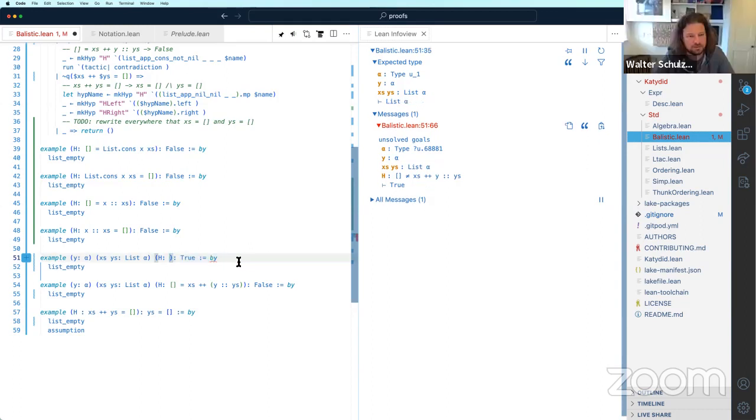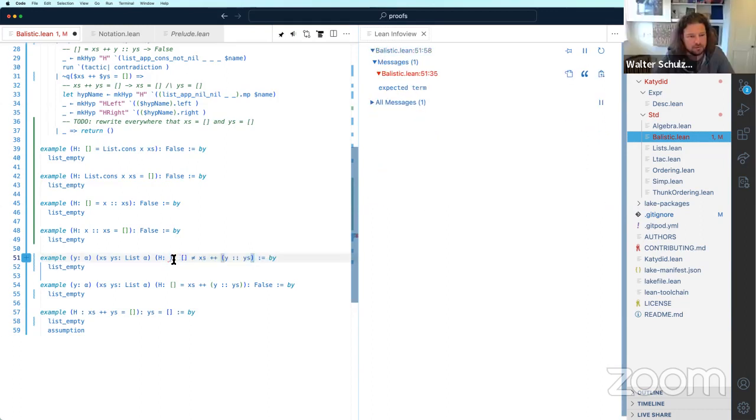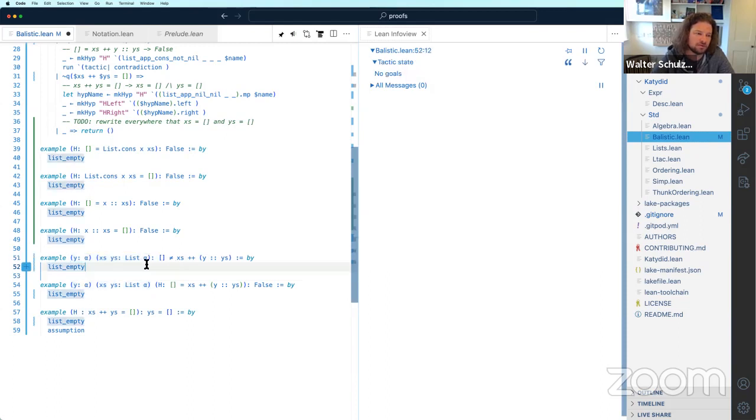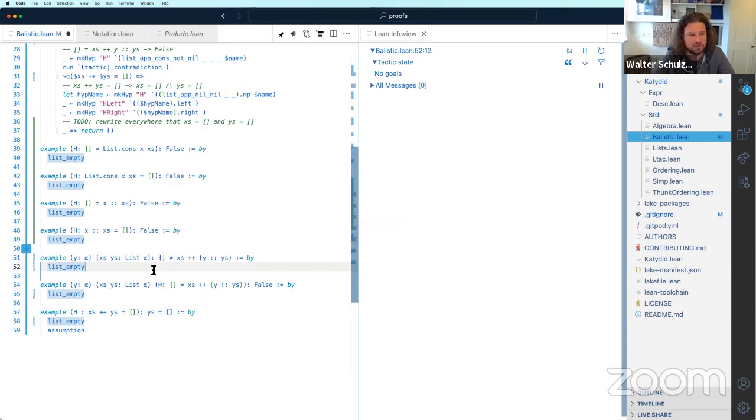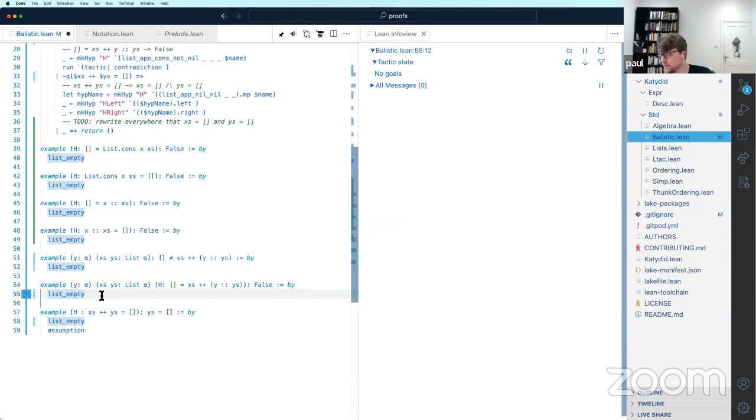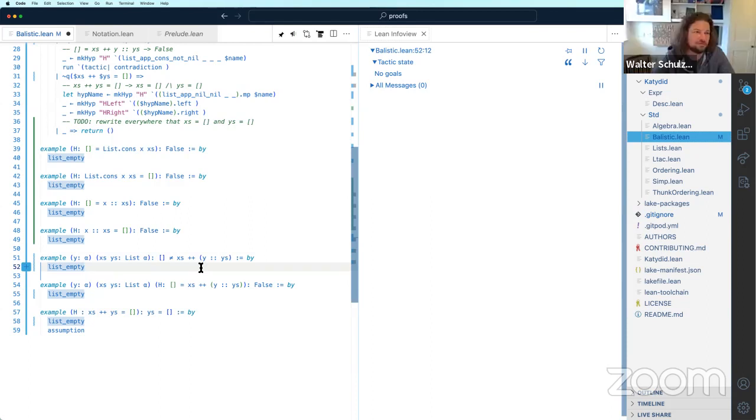Well, I guess this is just what we want to prove. And I don't think we need to. Oh, we can add this. Oh, but it works. Because isn't not equality defined in terms of equality or something like that? Yeah. But it does figure it out. So okay, I'll take it.